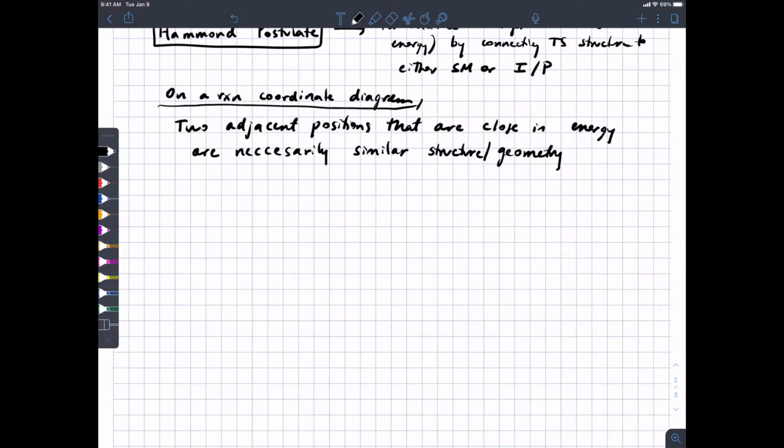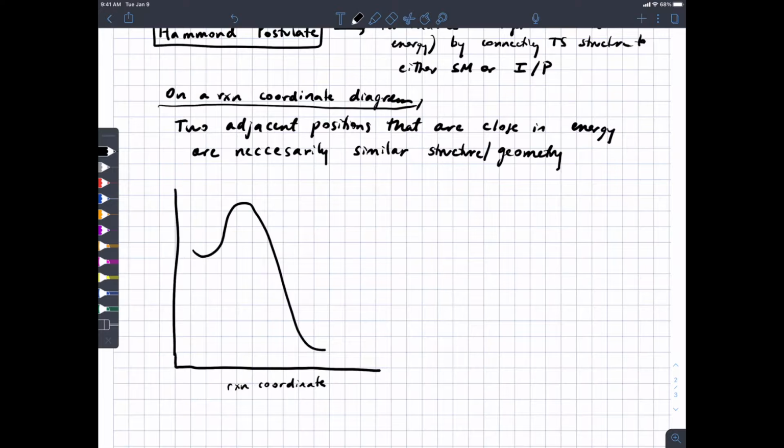Okay, and the rationale for that is on a reaction coordinate energy diagram, on the x-axis we have what's called the reaction coordinate, but really this is some geometric change that correlates with the progress of the reaction. So if I have an energy diagram that looks like this, starting materials, transition state, and products, I'll look at this and say, okay, the transition state is closer in energy to the starting material than it is to the products,